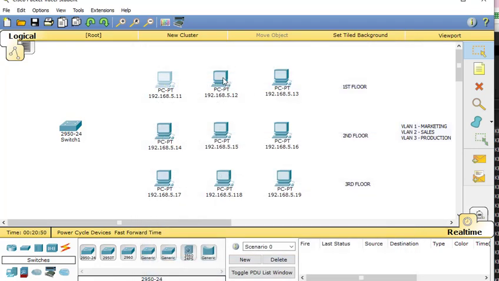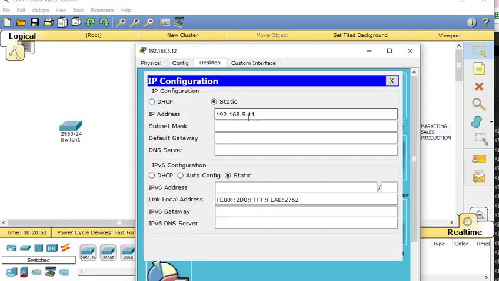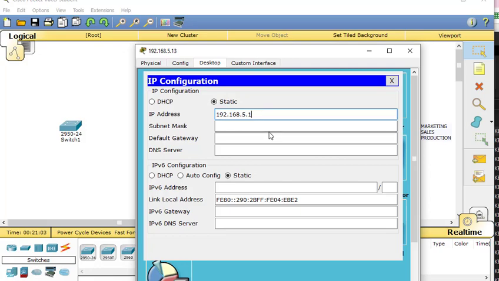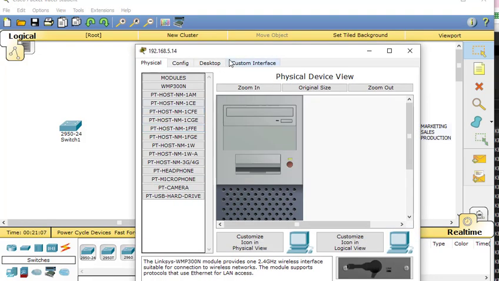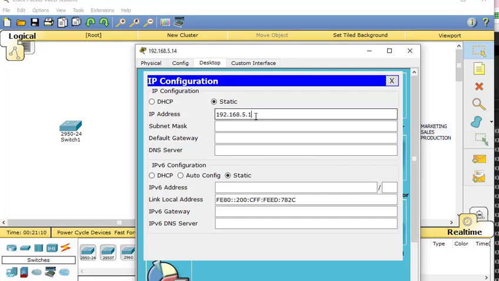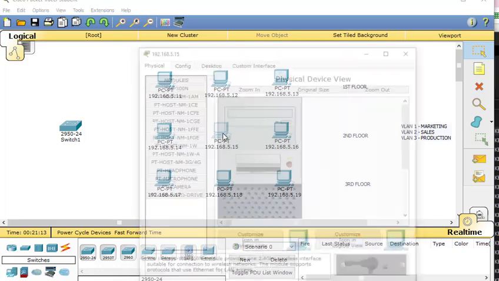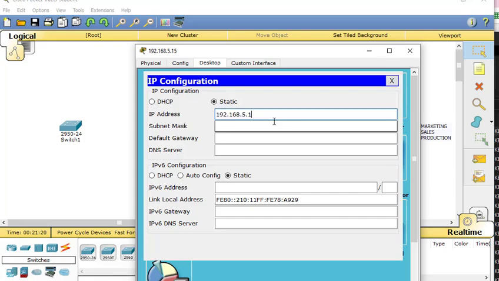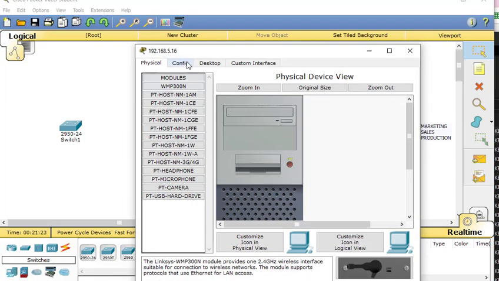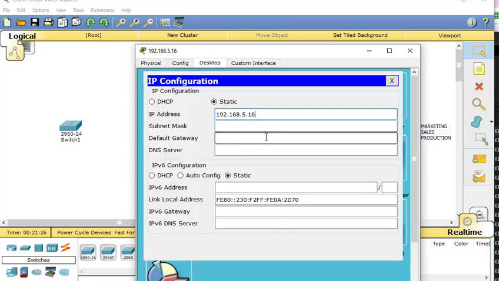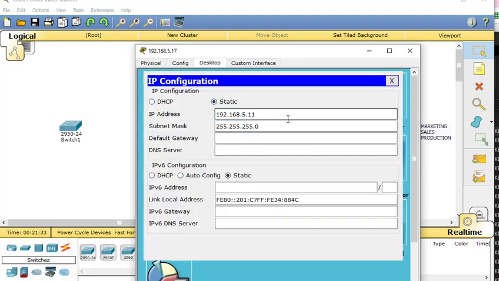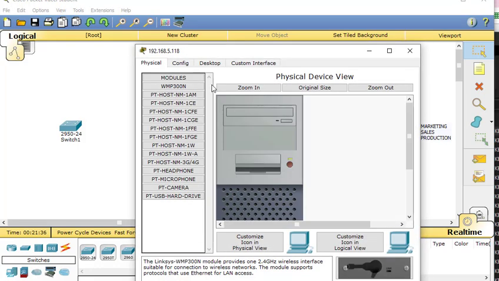So this is 11, this is 12, and this is 13, 14, 15, sorry, 15, 16, 17, 18,